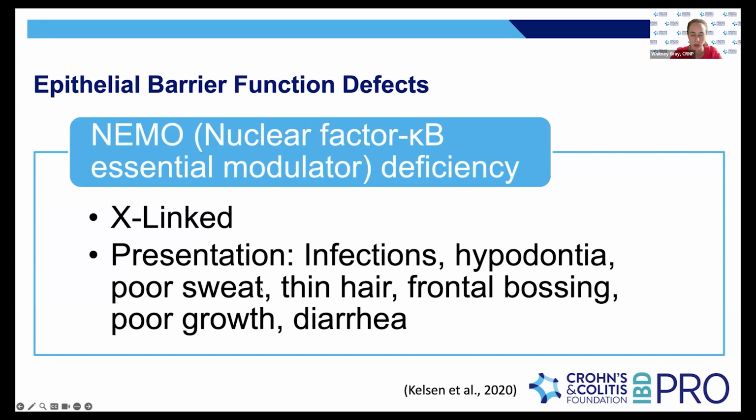So I just wanted to highlight some of the monogenic defects that we can see more commonly, although I would say in my practice, being about 10 years at our IBD center, we've only seen like 2 cases of any of these, and we have a population of about 1,000. So not something that you'll come across on a day-to-day basis, but as we've highlighted here, it's important to make the identification of these because it can influence the treatment and prevent, especially, a surgery that wouldn't have otherwise needed to happen.